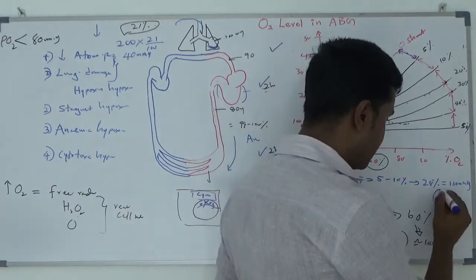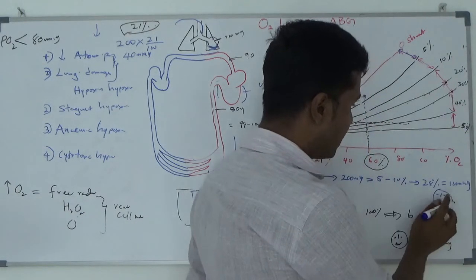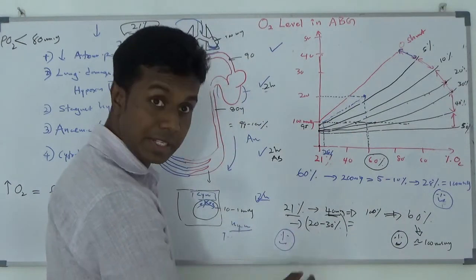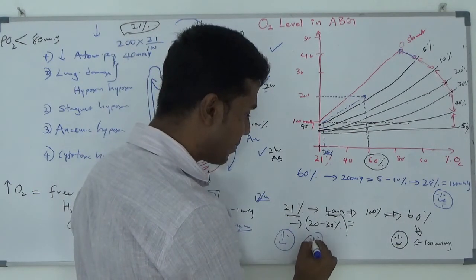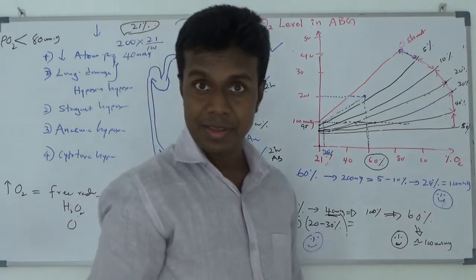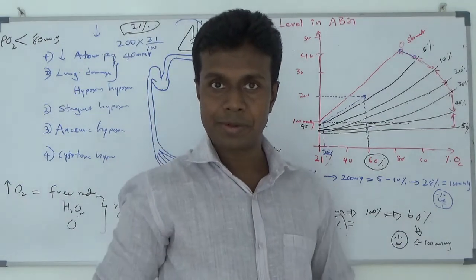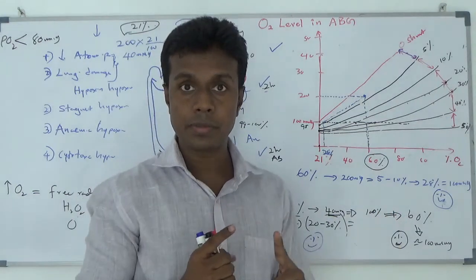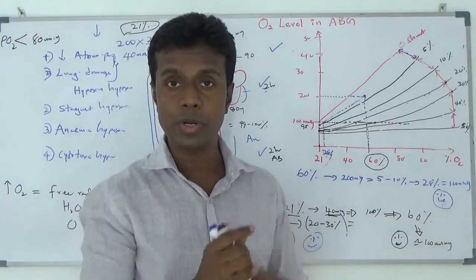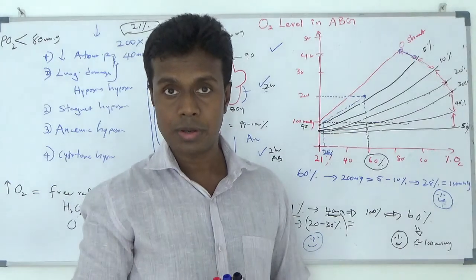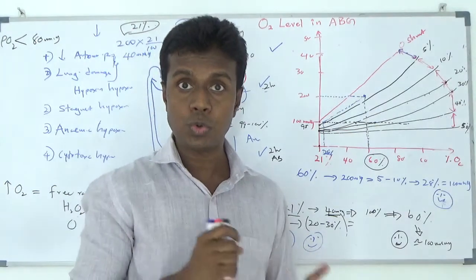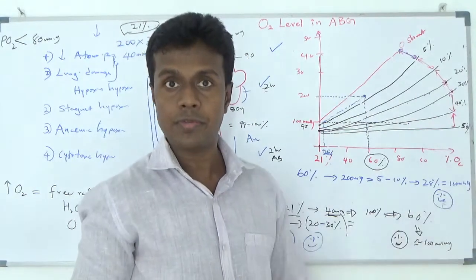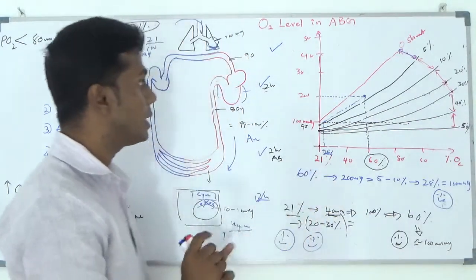This is my happy patient. This is my nurse's happy patient. This is my hospital director's happy patient. By using this chart, you can predict how much oxygen you need to provide to your patient. You need not do repeated blood gas. You have to do one or more to confirm it, but you need not do repeated blood gas.